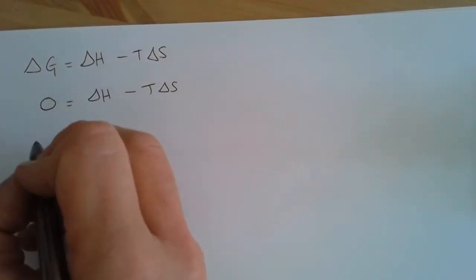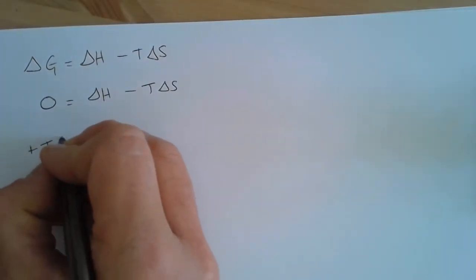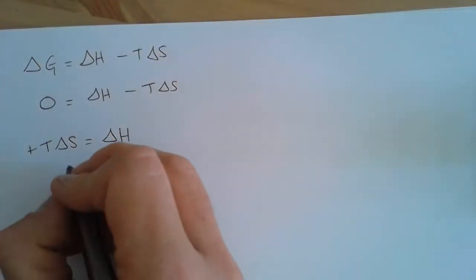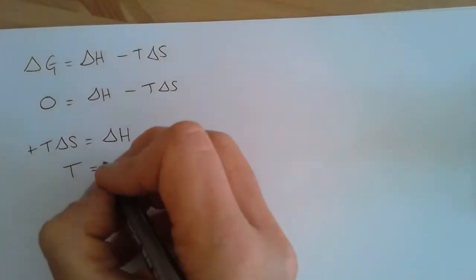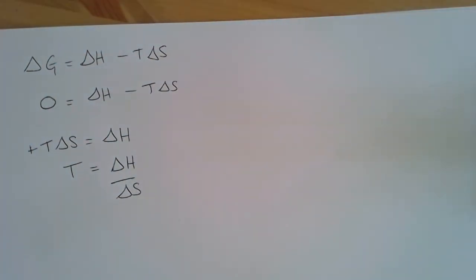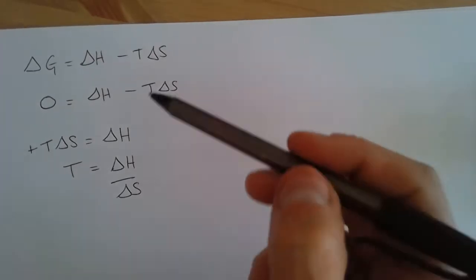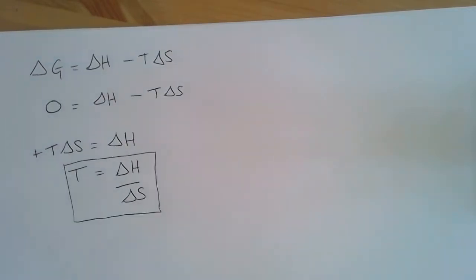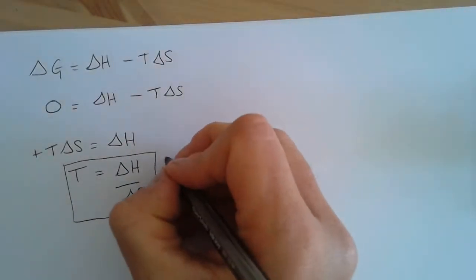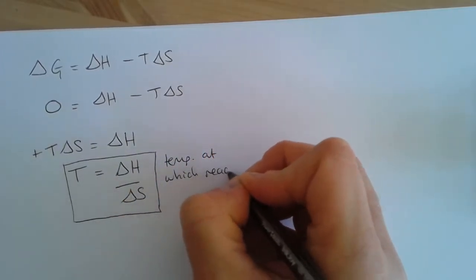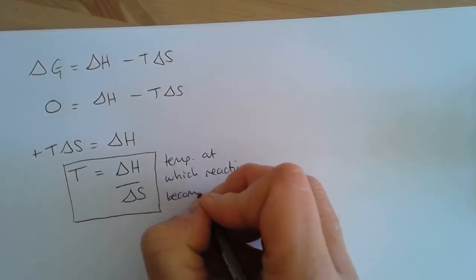So I'm going to rearrange this equation first of all by taking minus T delta S over the other side, which becomes plus T delta S equals delta H, and then rearranging the equation so that temperature is the subject, and we have T equals delta H divided by delta S. So you can remember this derivation, or if you want, you can just remember this as a second equation that you need to know,